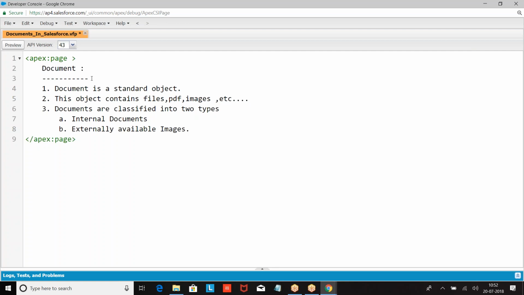One is internal document. Second one is externally available image.